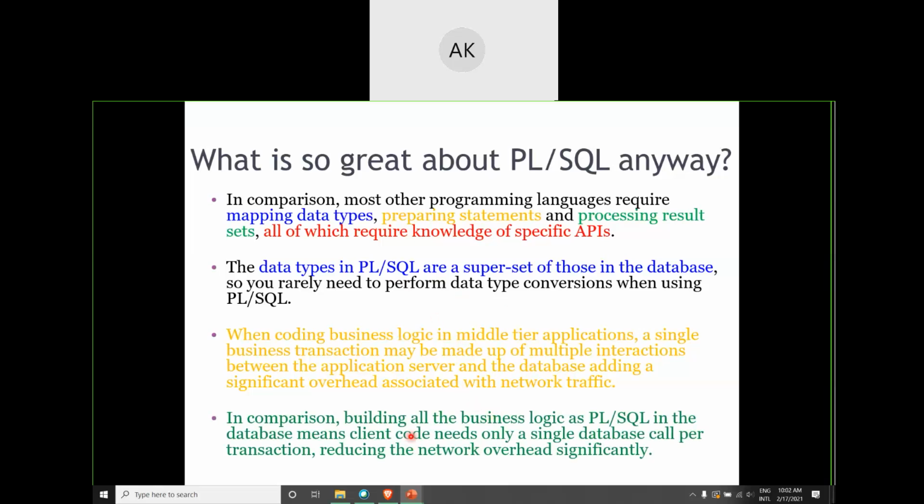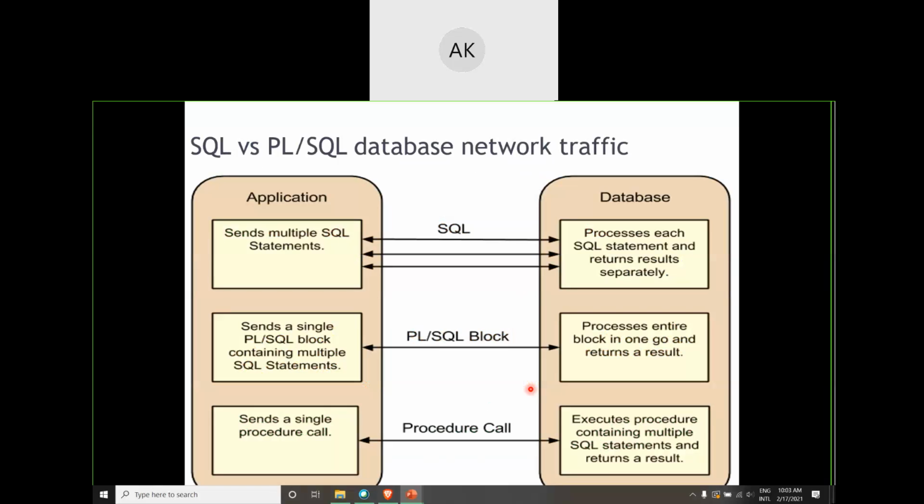The remaining points are not so important. The only thing this point is talking about is whatever business logic we have got. Business logic in the sense of whatever computations we want to do in our program, we can do with the help of our procedural language. So how does it interact with